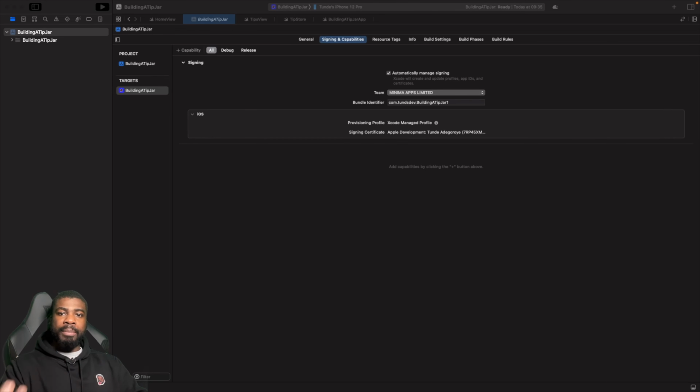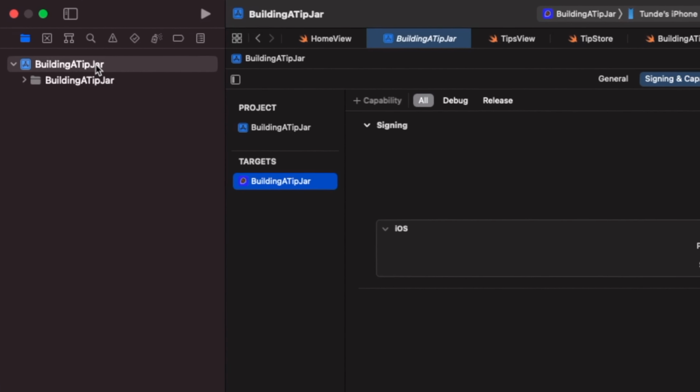So when you're working with in-app purchases, you're able to create a capability for that, so that your apps are able to make those kinds of sales. So what we're going to do now is look at how we can add that capability to our Xcode project. Now, in order to do that, what you want to do is, on your actual project here,